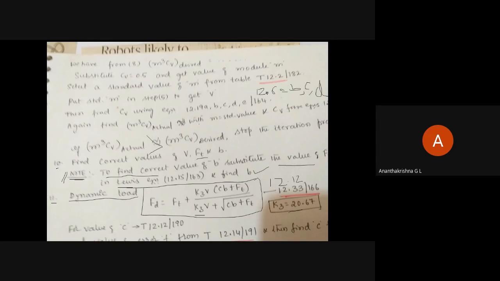Okay, I hope you have finished. Now to find out dynamic load. So in the previous step, we have found out the value of Ft. So we have found out the value of V, surface velocity. Then we have found out the value of B using Lewis equation, again in previous step over here. So only thing that we need to find out is the value of C, which is essentially called as dynamic factor. Okay. C stands for dynamic factor. So how do I get this value of C dynamic factor is the next question.